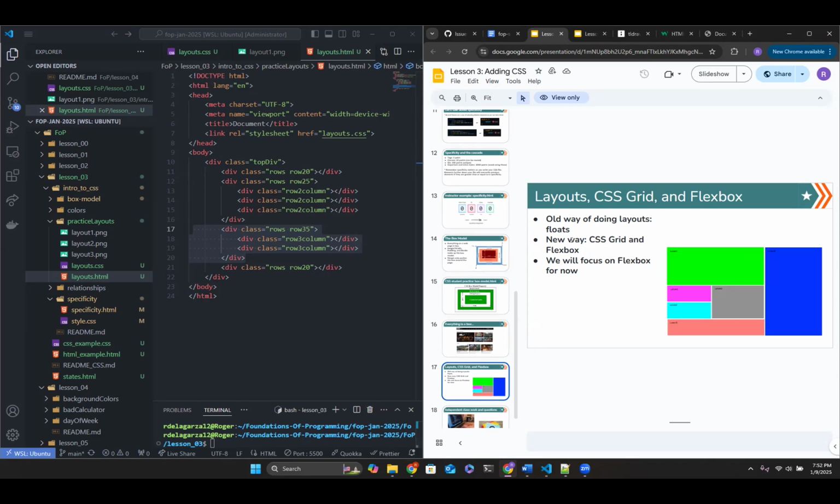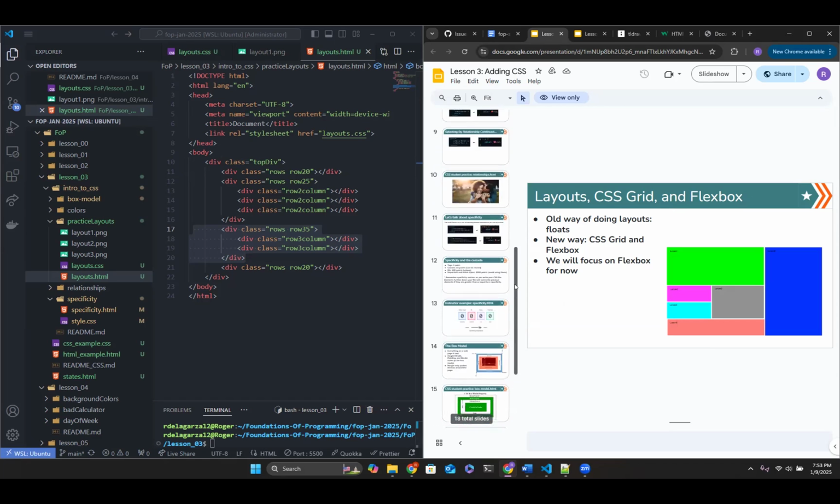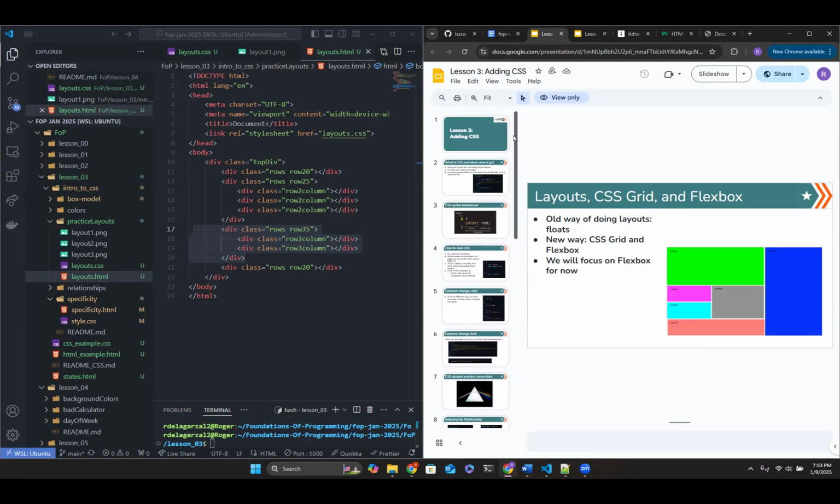The old way of doing things was floats, as you know, Tim had attempted to do, and it worked, right? But it does not give you that much functionality in comparison to Flexbox and Grid. So if you want to ensure that you can do a lot more with your CSS, definitely get better at either Flexbox or Grid. But that's going to conclude our CSS. If you guys have any further questions, now is the time before we move forward.